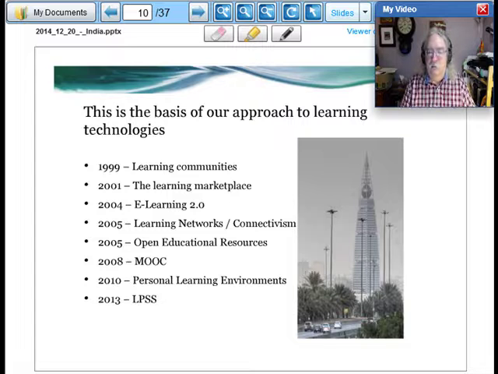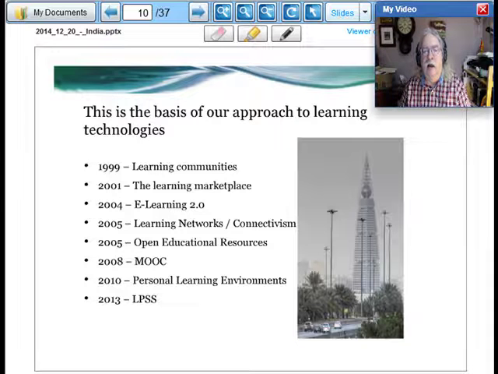At the National Research Council, this approach, or something very much like this approach, because it's developed over the years as our understanding has developed over the years, is the basis for the work that we've done for the last 13 years. In 1999, I was working on learning communities. That's before I joined NRC. I built a learning community for the University of Alberta called MuniMall, which was a learning information and resources portal for the municipal community in Alberta, consisting of elected officials and municipal government.